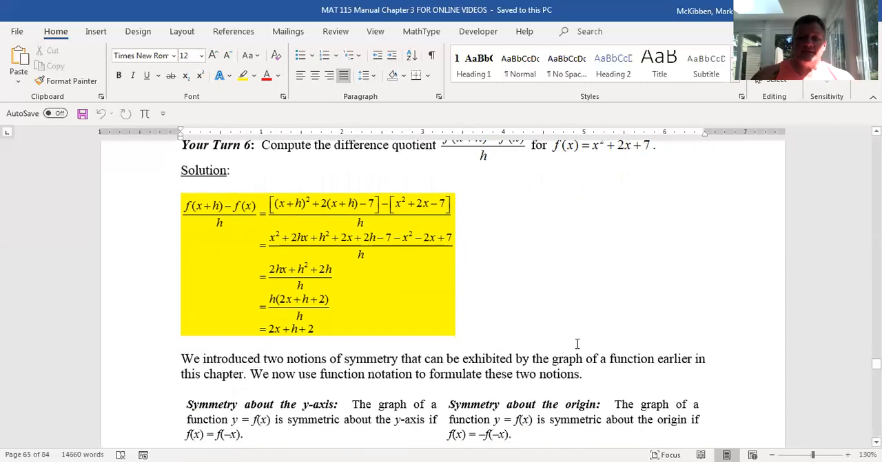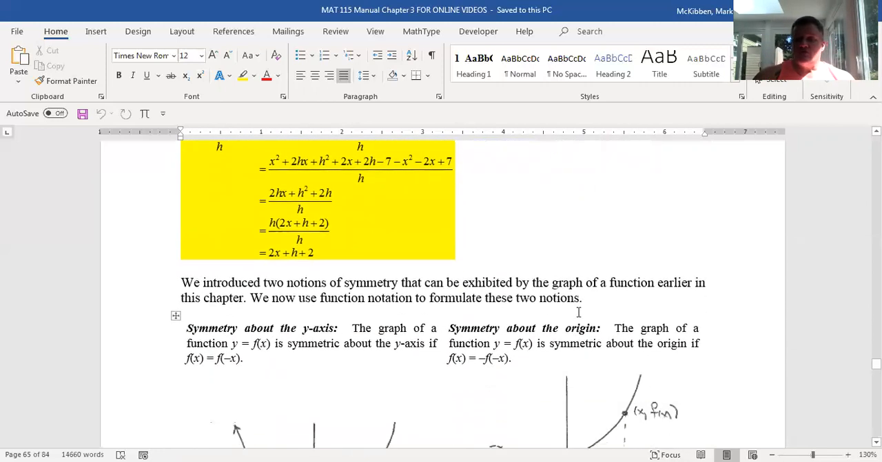All right, and the last thing is how to view symmetry about the y-axis and the origin using composition notation, right? And so I've mentioned this in the past, but I want to mention it here. Remember,